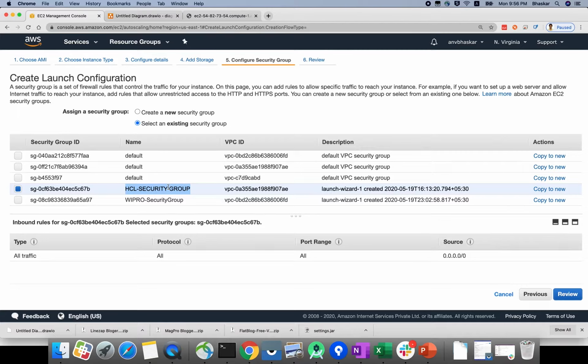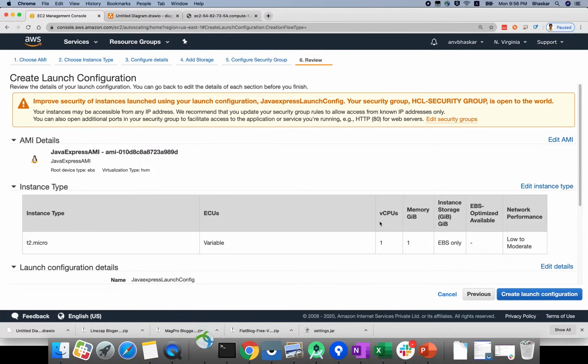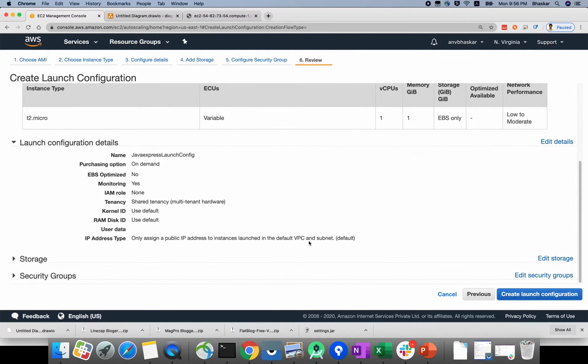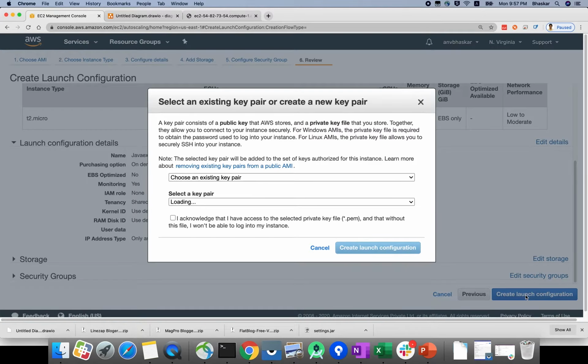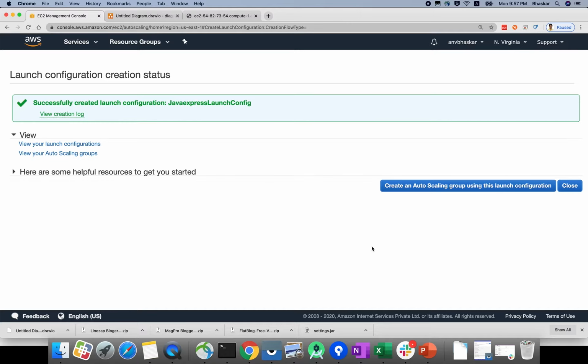You are creating a launch configuration; it is nothing but, if you want to log in, which key you need to use, for which EC2 instance. The key will be the same for all the web servers. Okay, click review, and whatever options you have given here, everything will be shown. Just create launch configuration. Here you can give your key. By using this key you can log in to any instance. Okay, that is why launch configuration is important. And click launch configuration. So successfully your launch configuration is created.